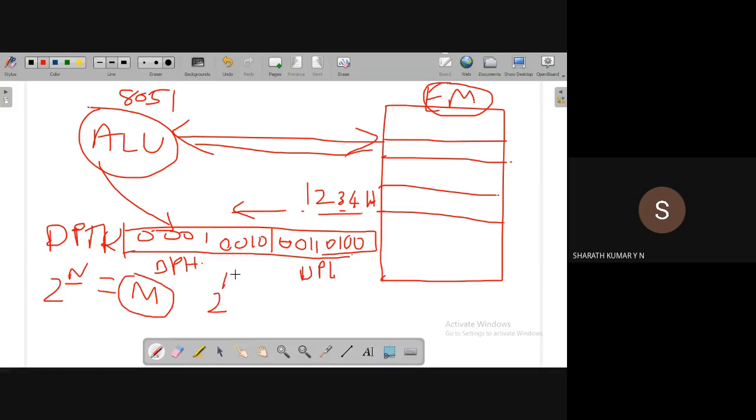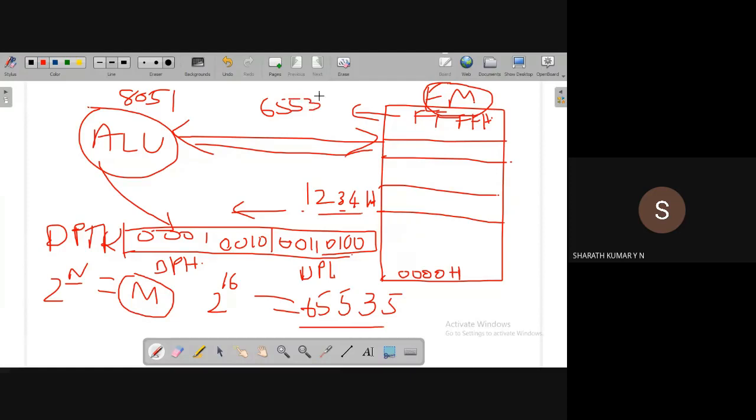So 2 power 16 is 65,536. The first location address is 0000H and the last location is FFFFH, which corresponds to 65,535, including 0.